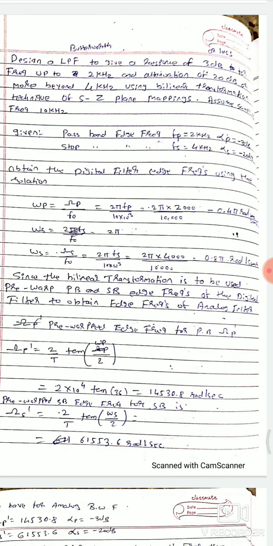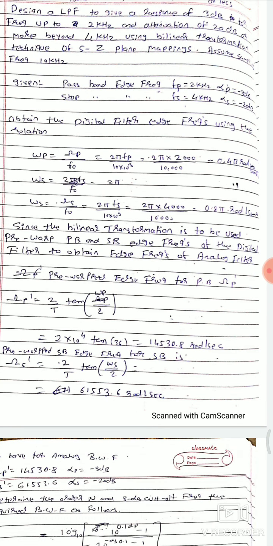The first step is to pre-warp, because you have to design a digital filter using bilinear transformation. This is the add-on step. So the frequencies given are to be pre-warped. So wp is omega p by f naught, and you get this as 0.45 radians. Same thing, this is 0.85 radian. These are wp and ws; you can say omega p and omega s, but people usually get confused between digital omega and analog omega. Both are omega only. This is a digital frequency, that is an analog frequency. So I'll call these wp and ws, which refer to digital frequencies.